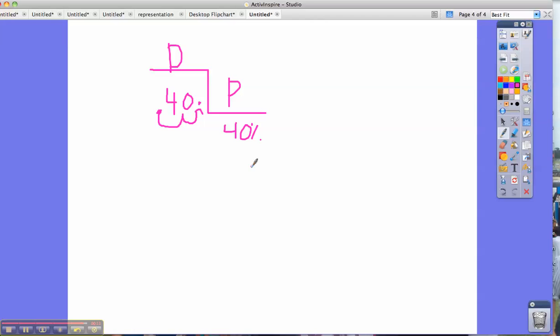What if we had the percent? So let's say we had 4% instead of 40%. That means I need to move back towards my doctor. So I move my decimal 1, 2. That means my decimal that matches 4